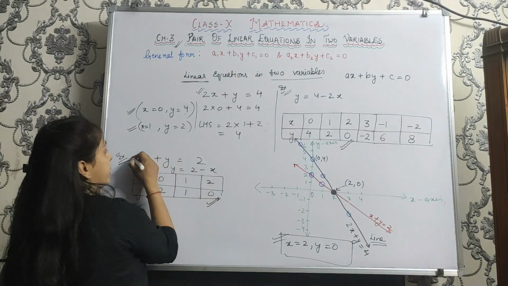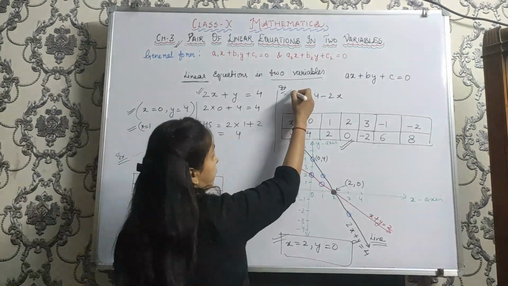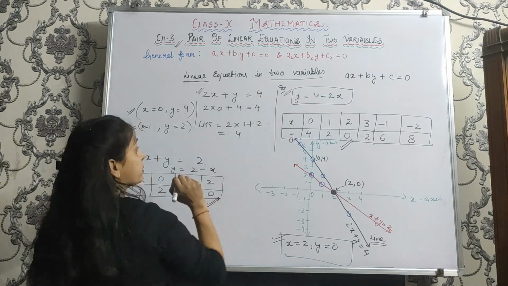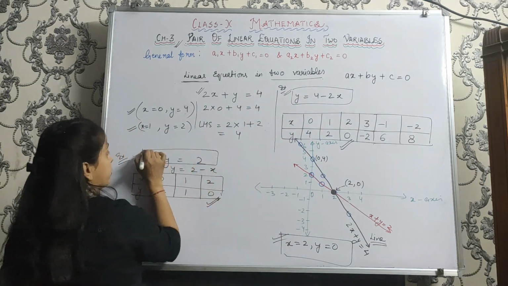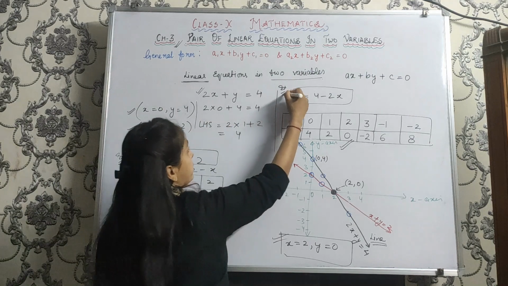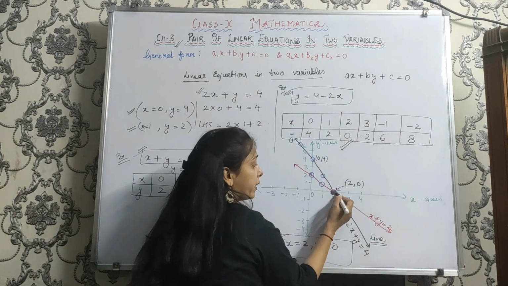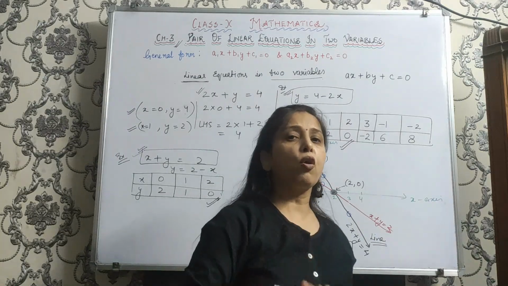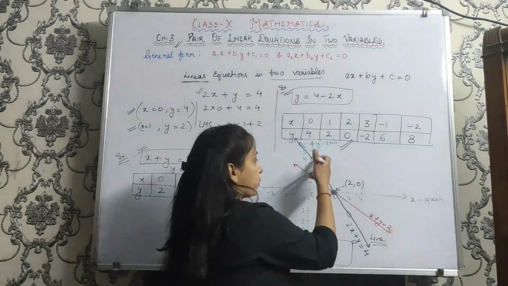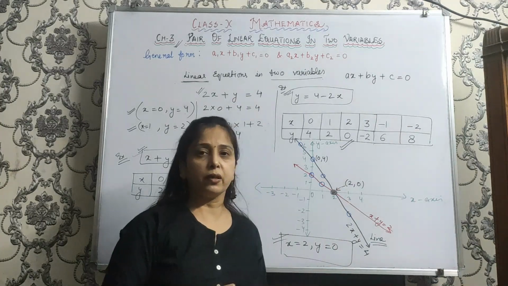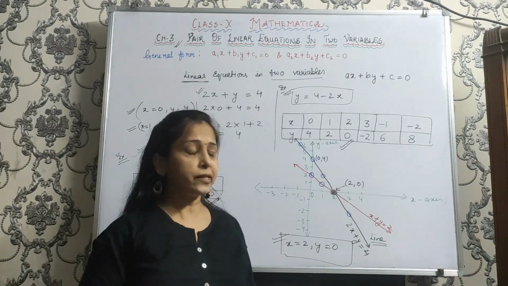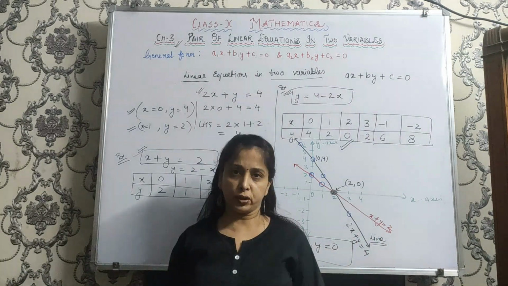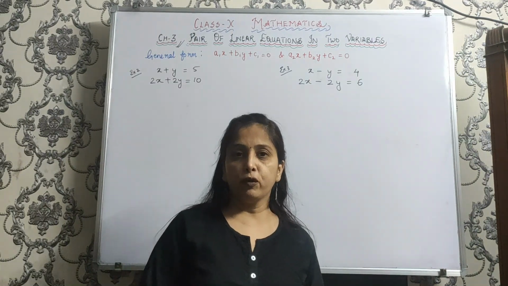As we have seen in this case, we took two equations. First was y is equal to 4 minus 2x, which is derived from this only, and second was x plus y is equal to 2. So by plotting these two equations, what did we find? There is one common solution. So x is equal to 2 and y is equal to 0 is the common solution for these two. And you can see the graphical representation. They are representing a pair of intersecting lines intersecting at the point 2, 0, which gives the common solution. Let us take a few more examples.